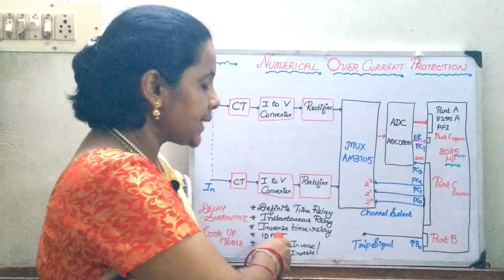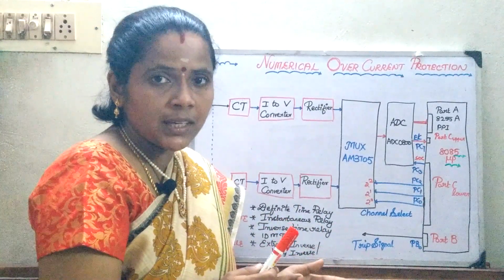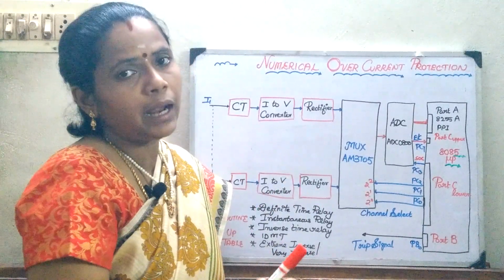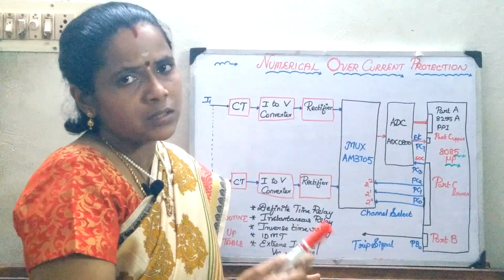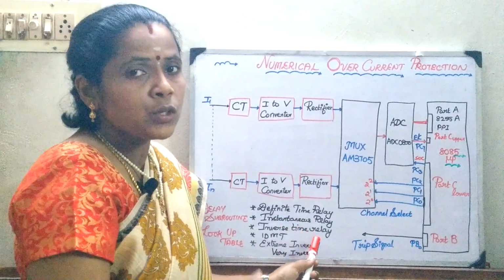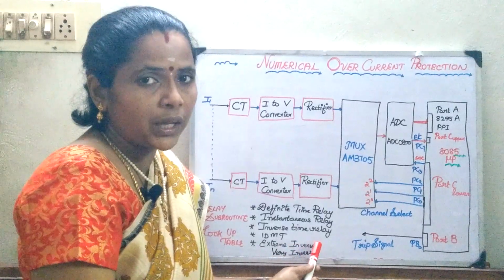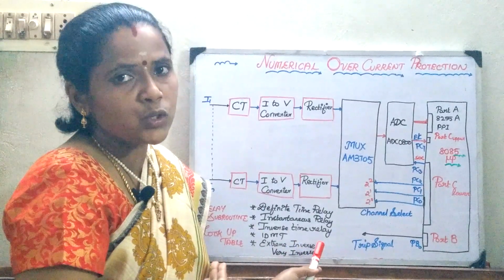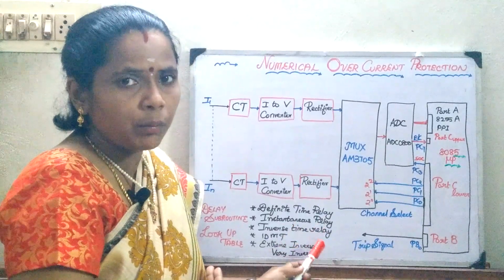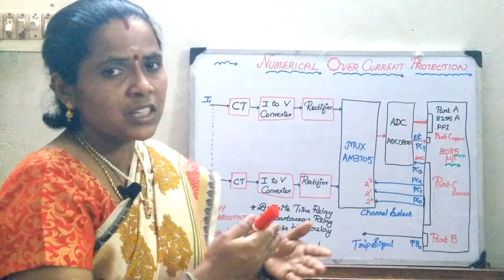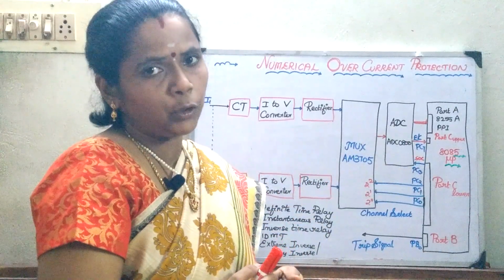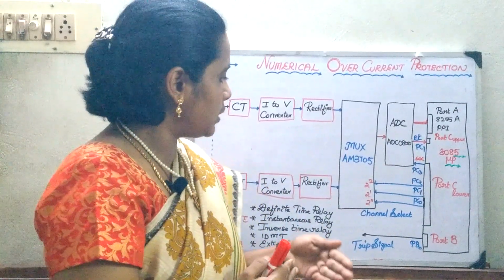Whereas in an instantaneous relay, no time delay is required. Immediately the program has to run, operate and trip the circuit breaker. In the case of an inverse time relay, you have to plot the operating times varying with different values of current. Similarly, you can go in for an inverse definite minimum time relay, or an inverse or very inverse relay, just by writing a delay subroutine accordingly and placing that lookup table in your microprocessor kit. So this is the process.